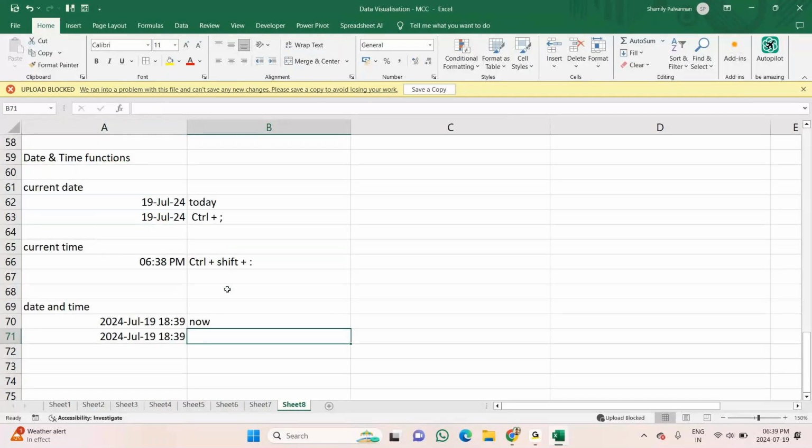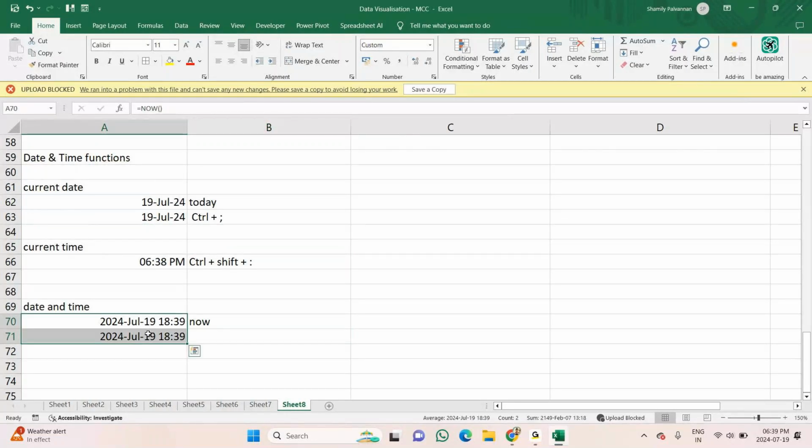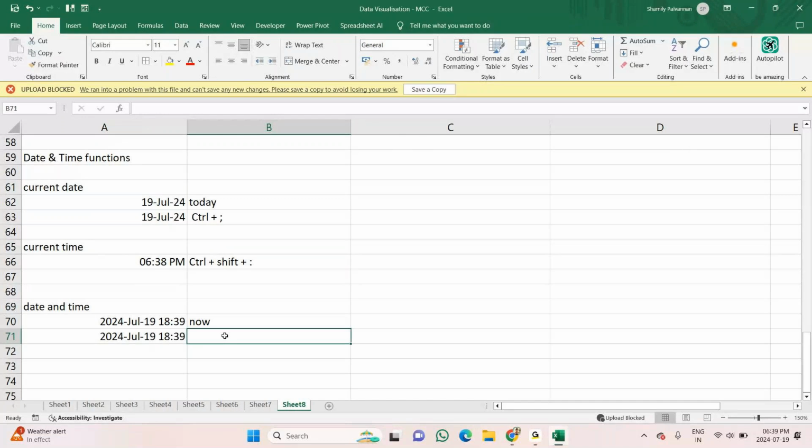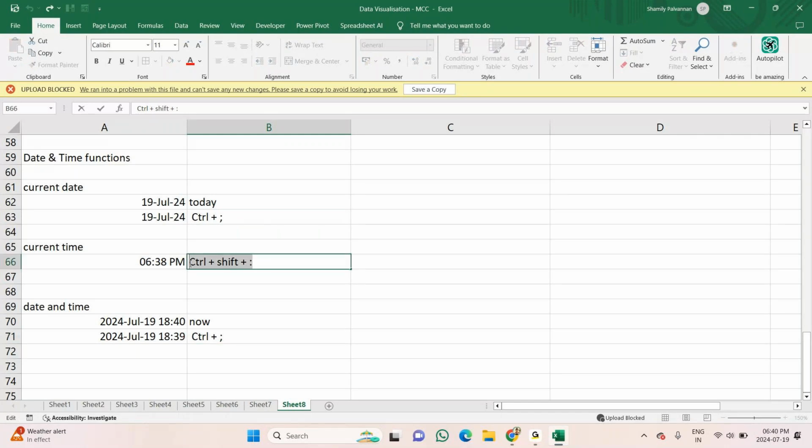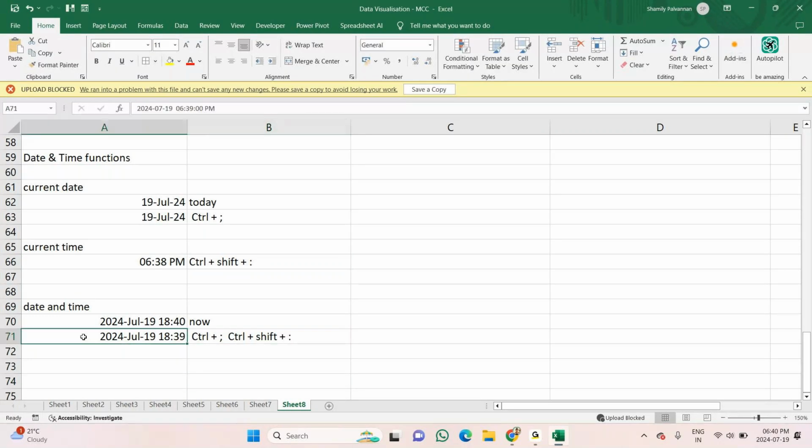So I used both the shortcut keys. Let me type here copy, then I'll paste it. Both the formulas I have used here to get the date and time.